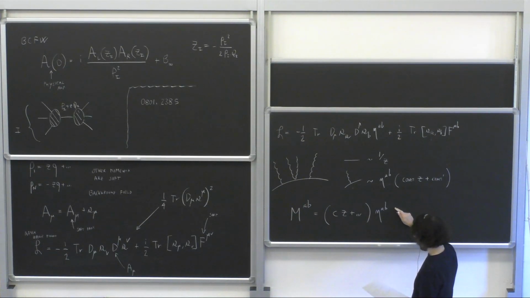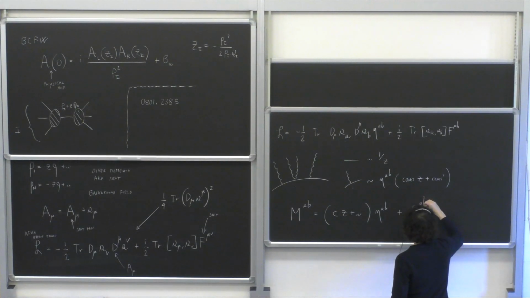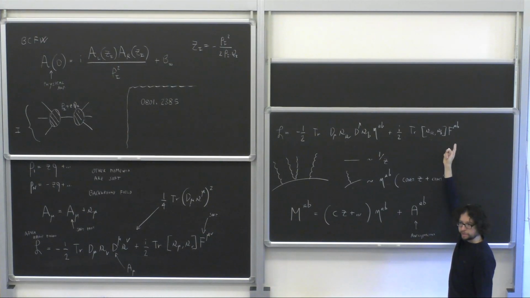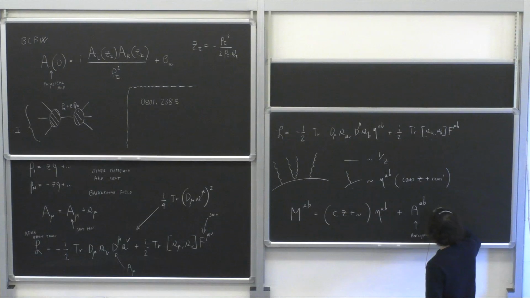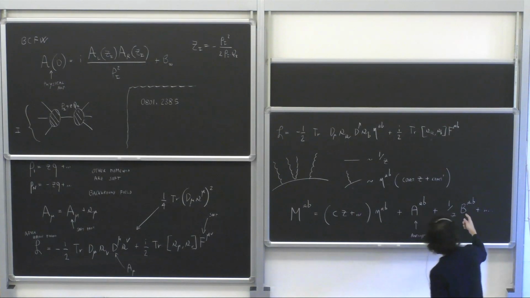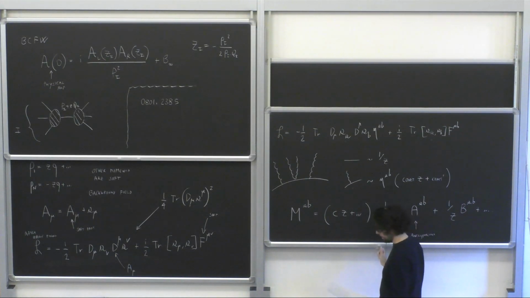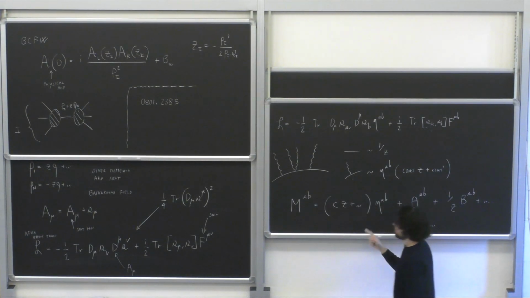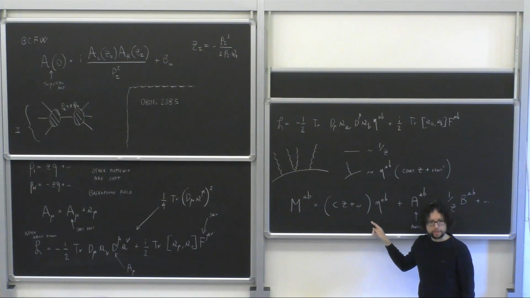But the important thing is that this is proportional to eta. Then there will be a linear term proportional to a tensor here, which is taken to be anti-symmetric, because this is coming from the F_AB for the background field, which is indeed anti-symmetric. And then there will be terms that are of this form. And these are the good terms. So I'm not going to say anything about B because I like the fact that it goes down as 1 over z. Okay, very good. So questions about this form of the amplitude? This is one of the steps that I think, yes?